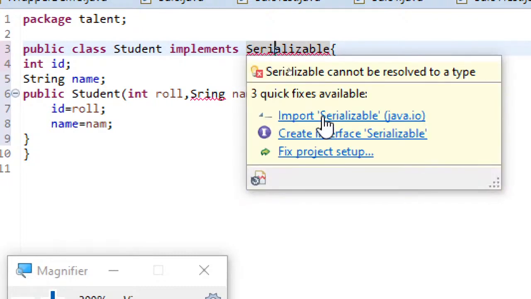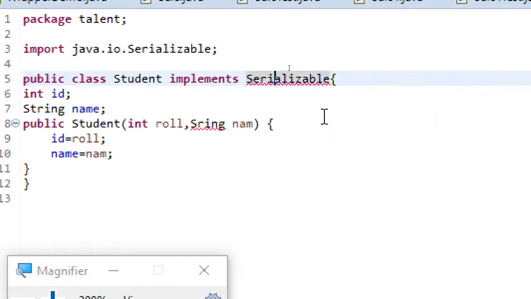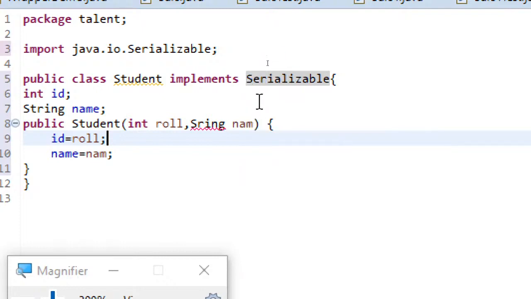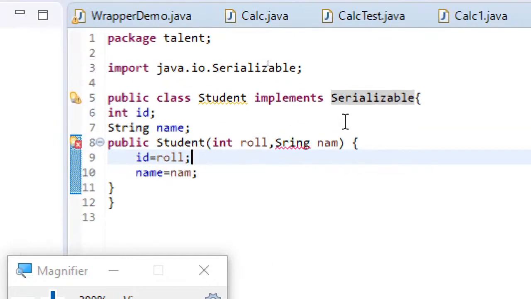As I said, you need to import the IO package. That's the suggestion it is giving. The Serializable interface is part of the IO package, so you need to import that. The IDE anyway gives you quick fixes, letting you directly import it on top, and just save it. Okay, string spelling mistake.